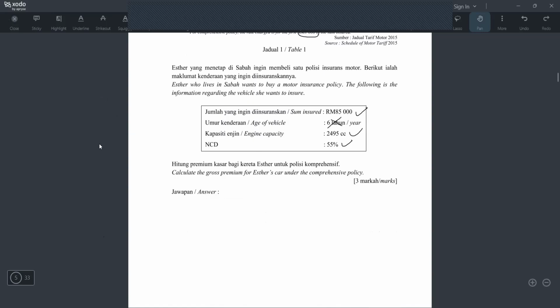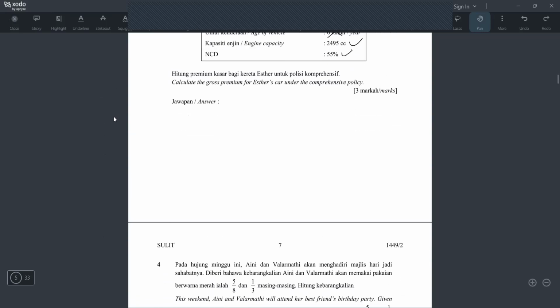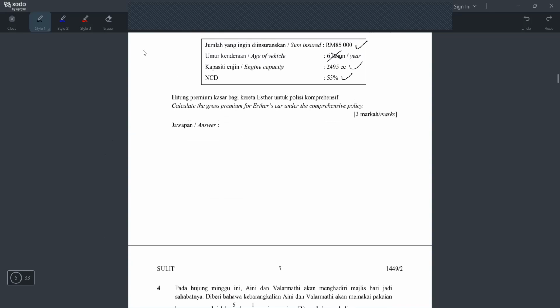So I need some space. I think I can use this space to explain motor insurance. Okay, let's explain motor insurance. Motor insurance yang akan keluar dalam exam adalah ada 3 polisi saja yang akan keluar. The first policy yang akan keluar dalam exam is third party policy. Okay, I don't want to write this word, I just write third party lah. Dalam bahasa Melayu, pihak ketiga. Polisi pihak ketiga. So, for third party, how to get the basic premium?